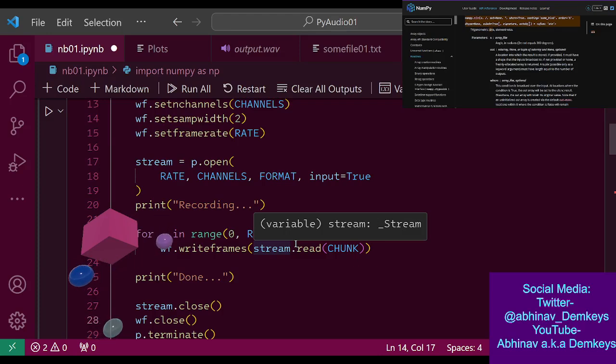Actually, I should check if NumPy is available on Rust, because that would probably make it easier to work with the samples, iterate over all of the samples.